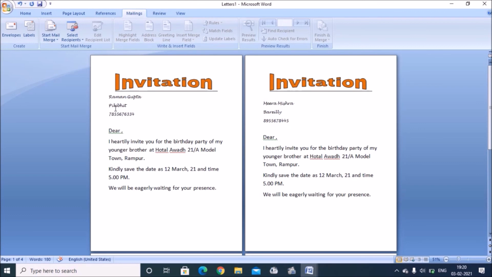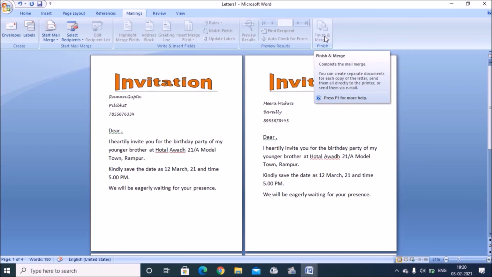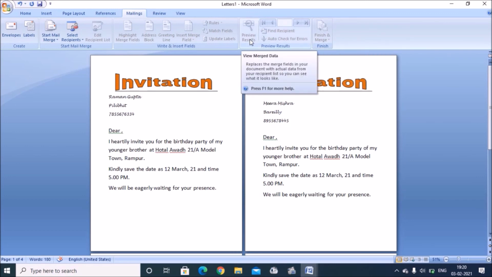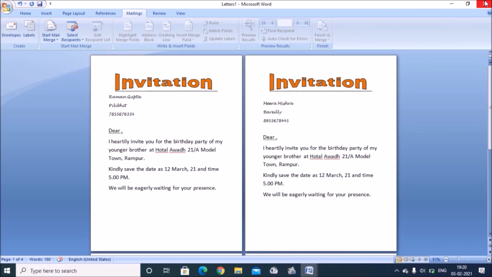First we insert the merge field, and then you can format and place it in a proper alignment. Then finish and merge. Before that you can preview also. I hope you all understood how to create a mail merge in MS Word. Thank you so much.